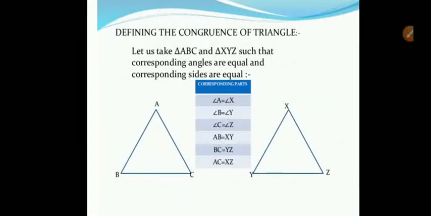In 9th standard, we discussed congruent figures. The figures which are equal in shape and size are called congruent figures, and specially we discussed congruent triangles. Triangles are congruent if their corresponding parts are equal, corresponding angles and corresponding sides. Those triangles are called congruent triangles. Now in this chapter we will discuss similar figures and similarity of triangles.